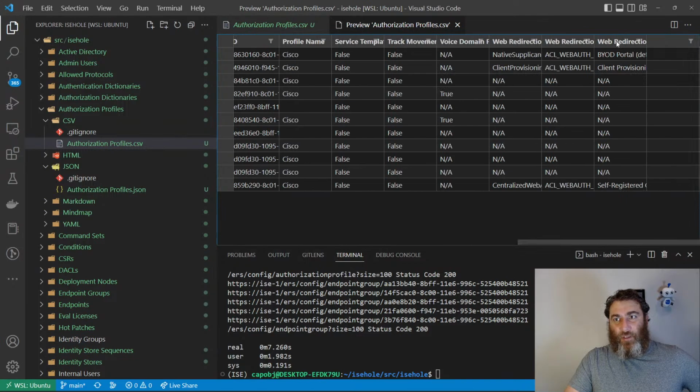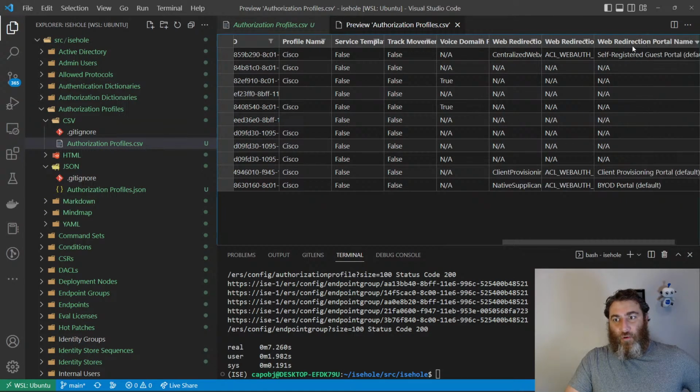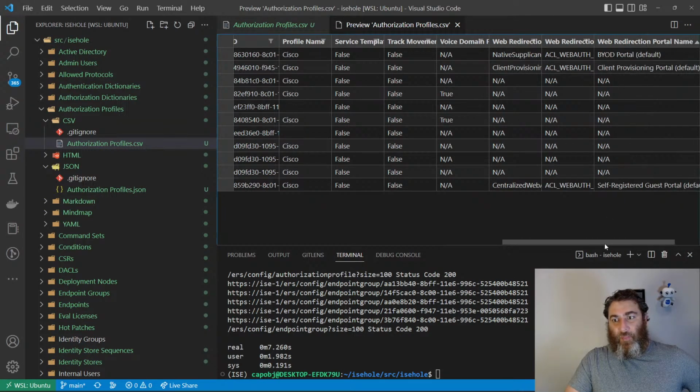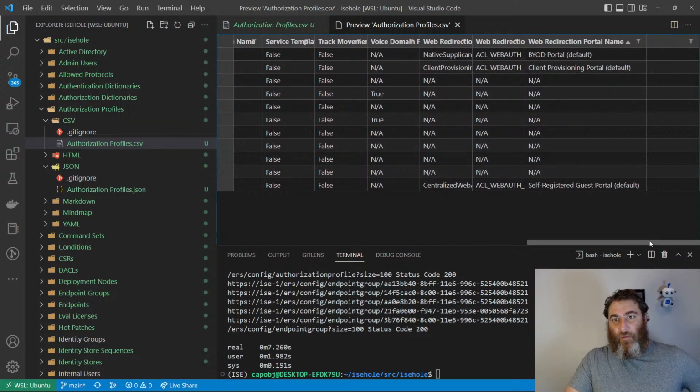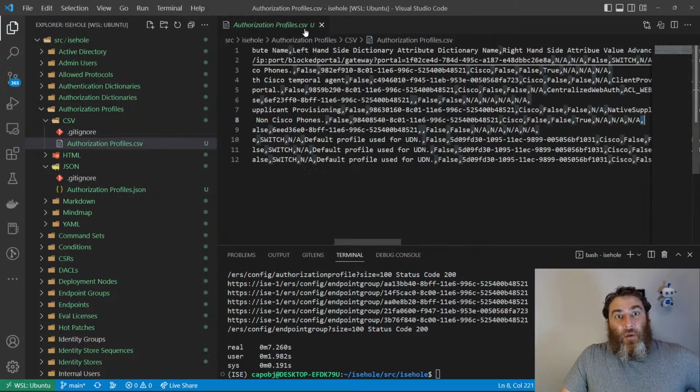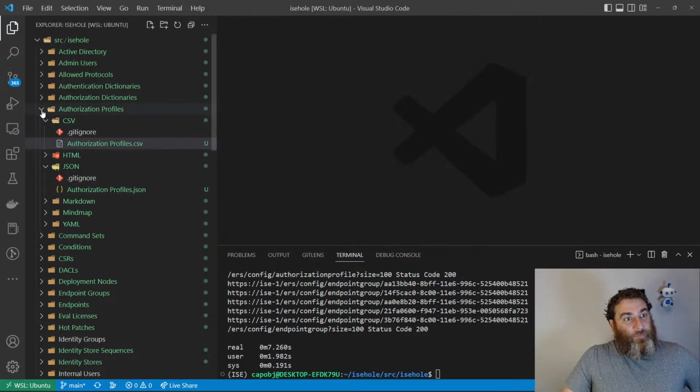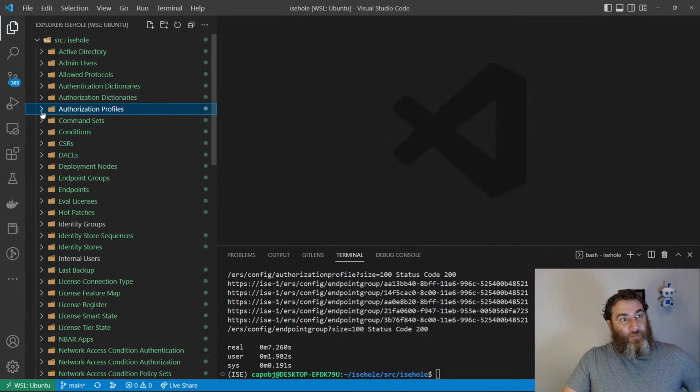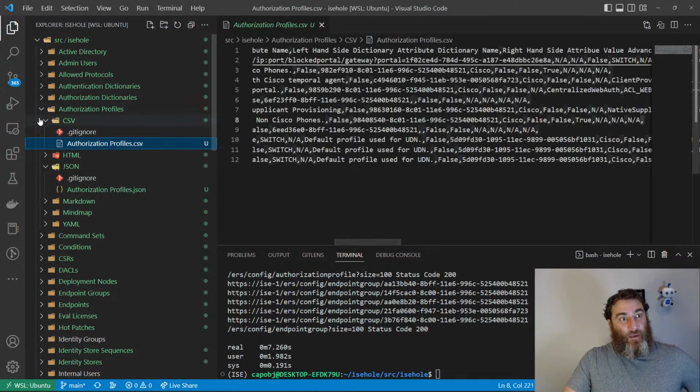The redirection portal name, voice domain. Anyhow, I will have to figure that out later. Let's move on to the next. Actually, I still have to do my templating